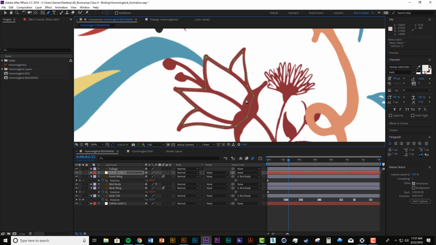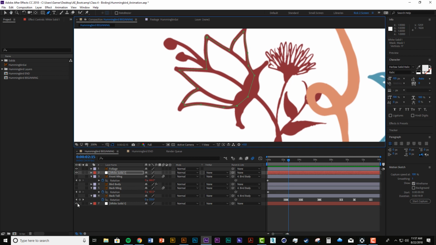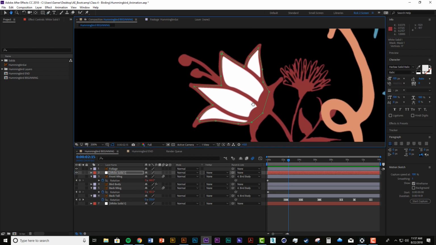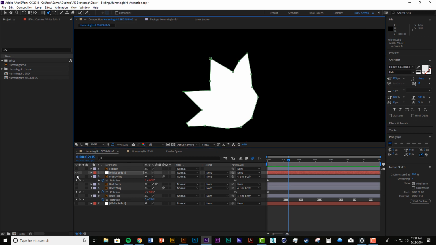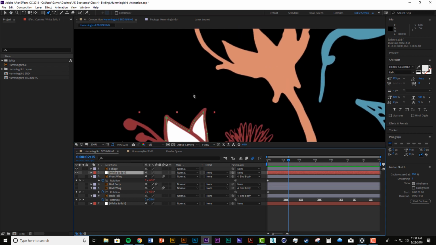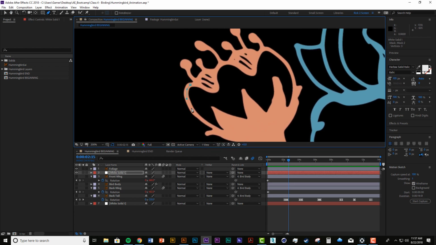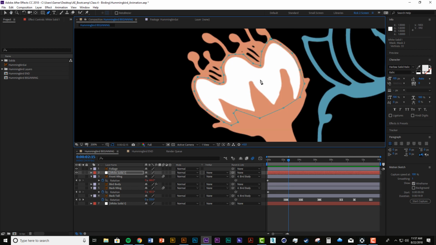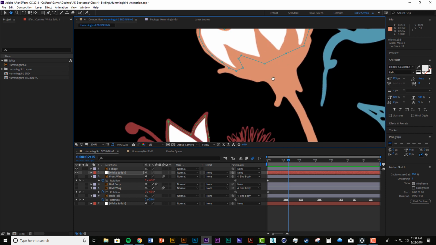Great. There we go. So now if I turn off the bird layers and then the background layer, this is the white solid right now with just a kind of really rough mask on it. And then what you can do, as long as you have this layer selected and you're not inside of this other mask, I can make another one, and you can see how the color is different. That means a separate mask has been made. And then once it gets completed, it makes that mask onto that layer too. So now there's two